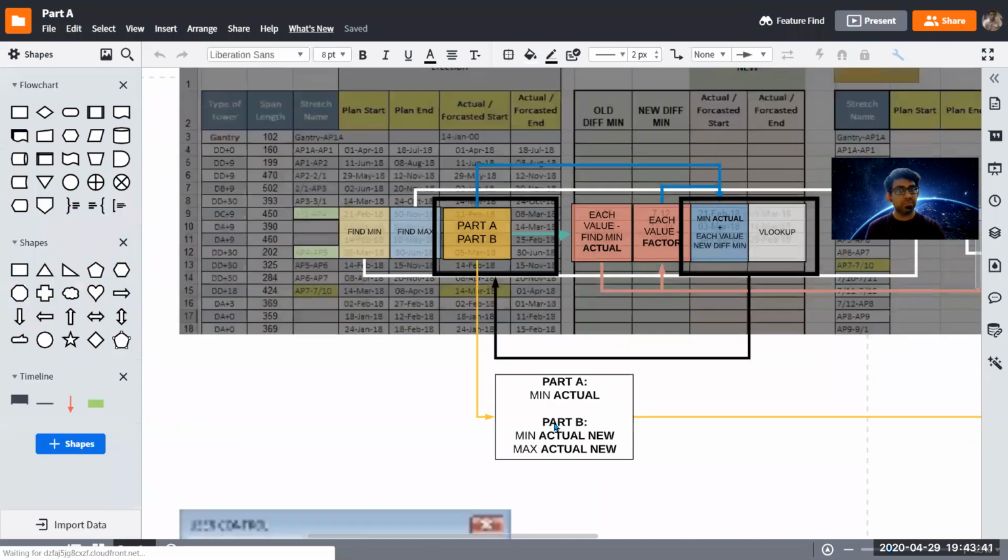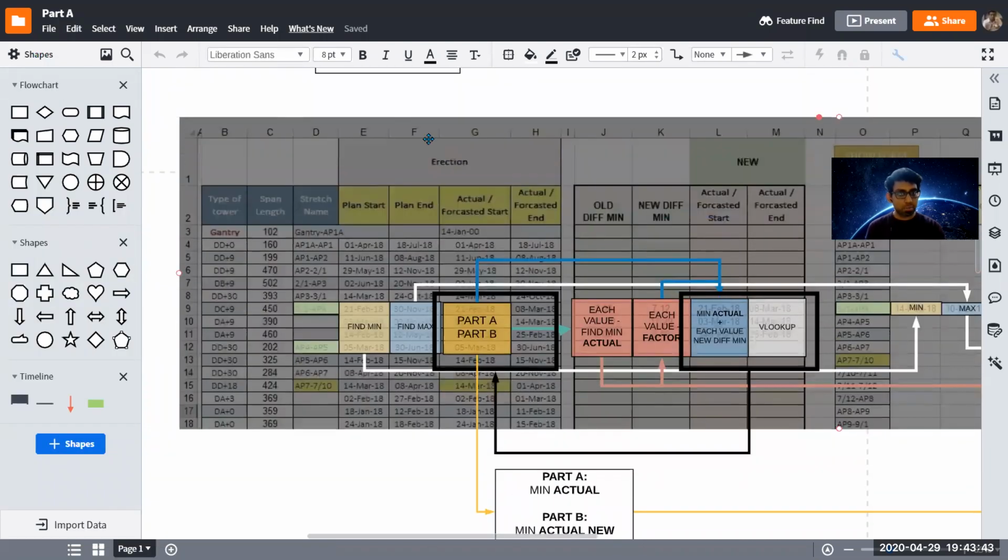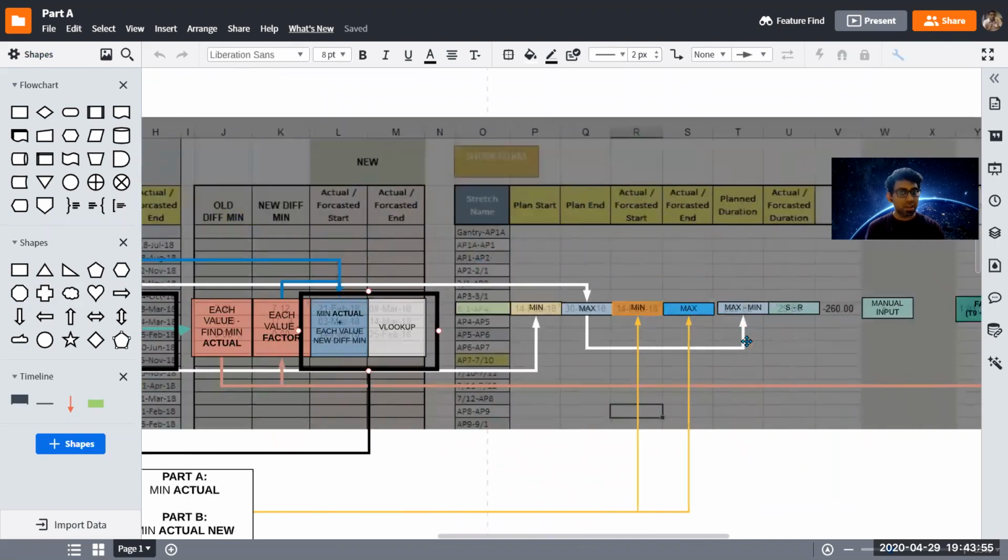So do you see this? I've actually copied a screenshot of my Excel and I've written where does the first number come from? This is a financial dashboard. Where does the first number come from? I find the minimum, I find the maximum, then I find the minimum actual, the value factor, then I multiply them. From those two cells, where is the calculation going? And you know how this helps me? This helps me understand what it is that I'm doing.